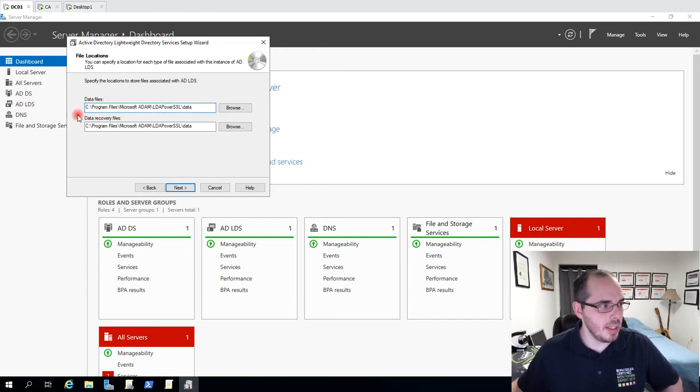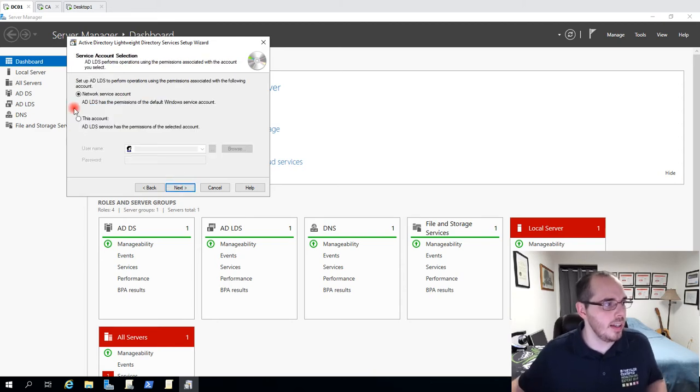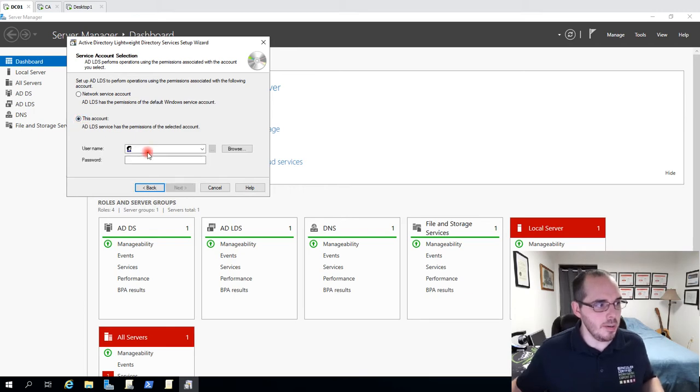Leave the defaults here. This is just a place to store the data files associated with the LDS service. Here you can leave the network service account. That is now the recommended action from Microsoft. And if you prefer, you can set an account here. This account will require logon as service permissions. If you don't know where those are at,